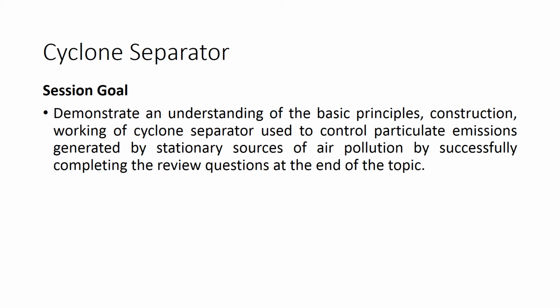In the last session, we discussed selection criteria for choosing air pollution control equipment. Different mechanisms involved in air pollution control equipment were discussed. Construction and working of the gravity settling chamber, a primary dust collector, was discussed in detail with its advantages, limitations and application. In today's session, we are going to start the cyclone separator, the most widely used industrial air pollution control equipment.